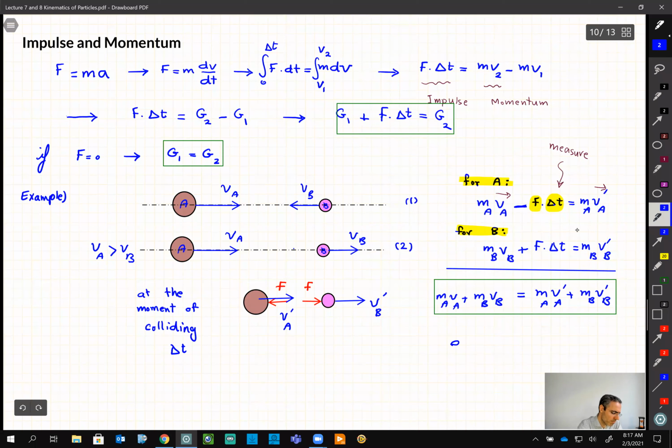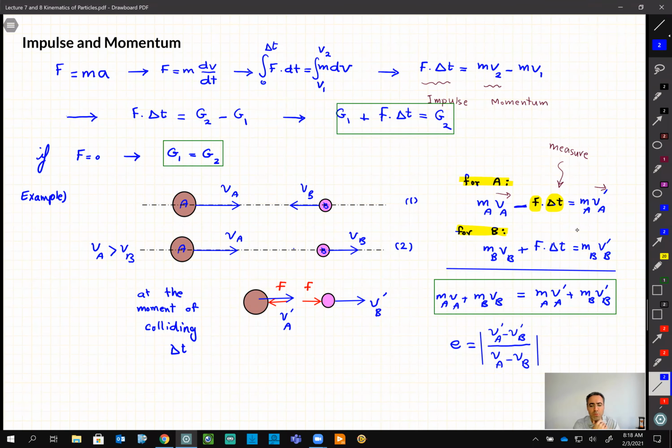So E is equal to V prime A minus V prime B divided by VA minus VB. And it doesn't matter how we write this, like which one is first, which one is second, because this value is always positive and we always calculate the absolute value. But we need to be careful. If we consider, let's say, to the right positive, then in this formula, for example, if I have VA here,